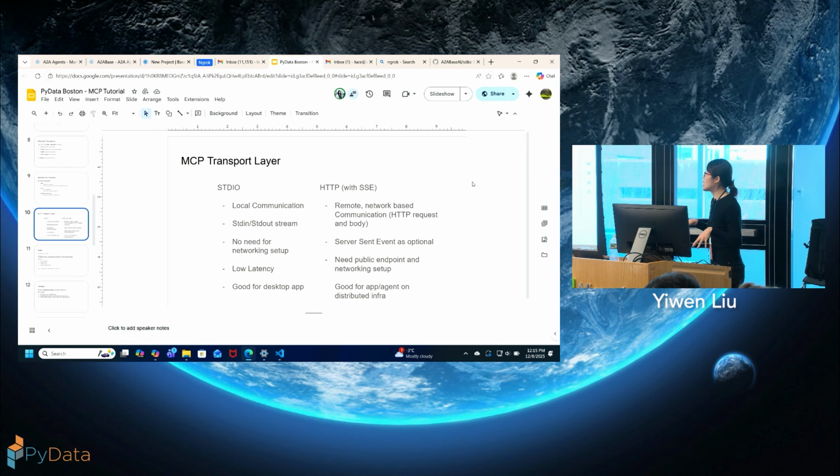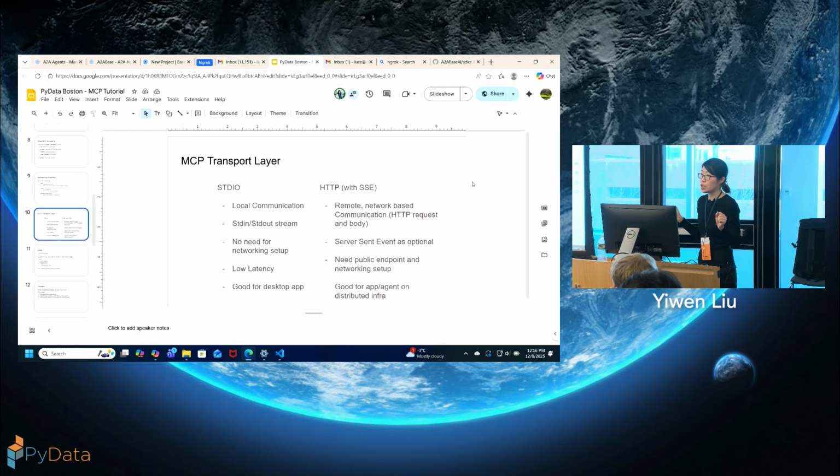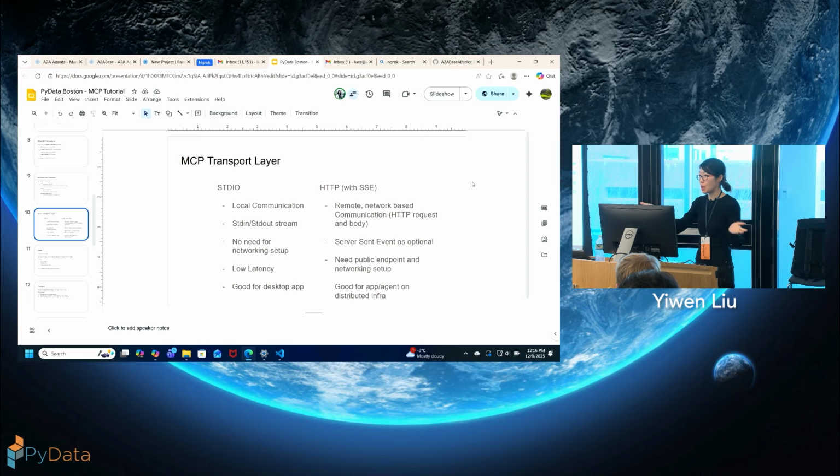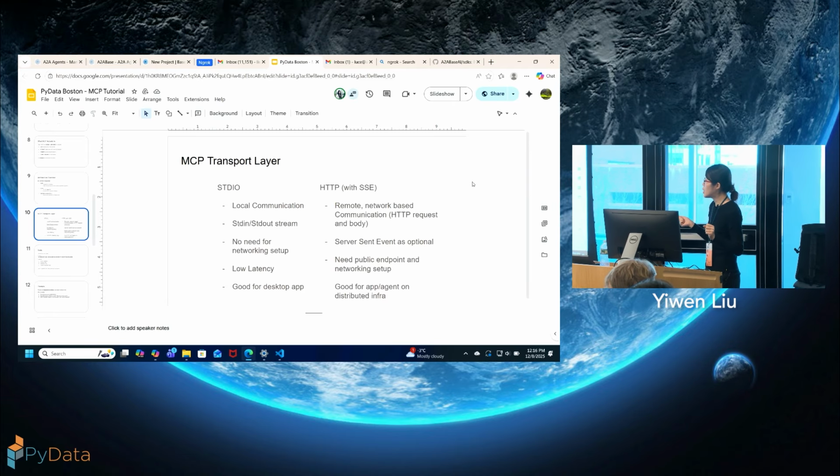Let's get into a little more technical detail about MCP. All MCP communication uses a protocol called JSON RPC 2.0. RPC stands for Remote Procedure Call.